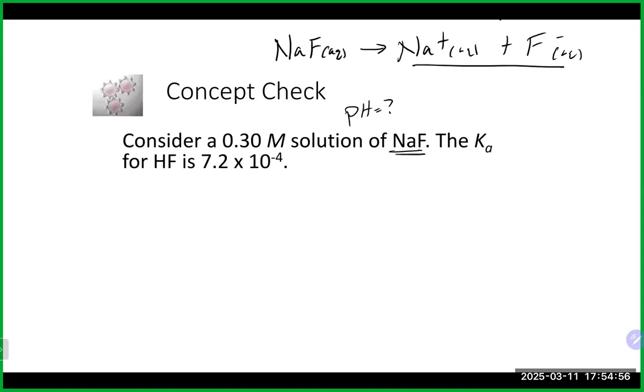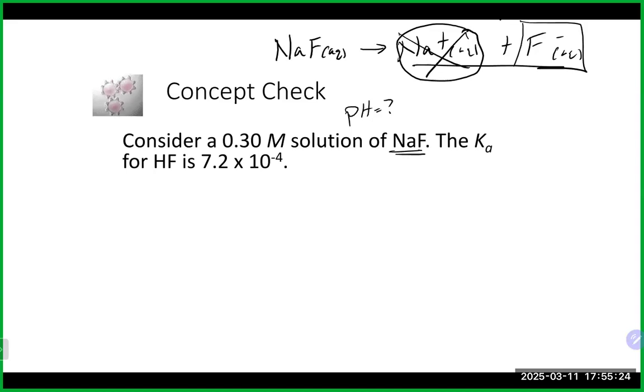Once again, you want to decide what's going to happen in this case. We look at sodium, and as we talked about a number of times at this point, it is group number 1 and probably came from sodium hydroxide, which means we really don't have to worry about that going through hydrolysis. The F minus here most likely came from